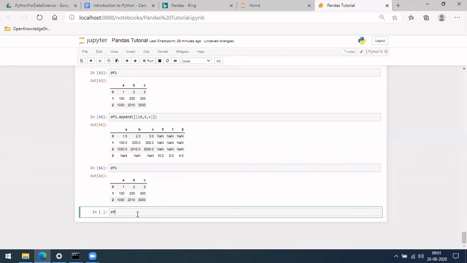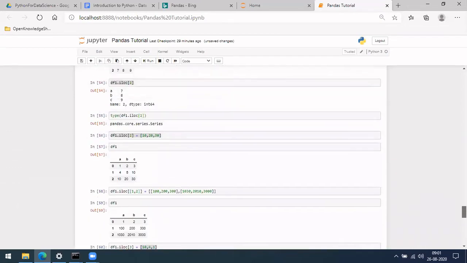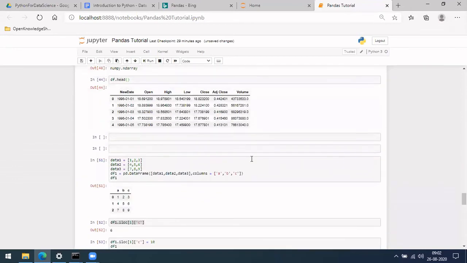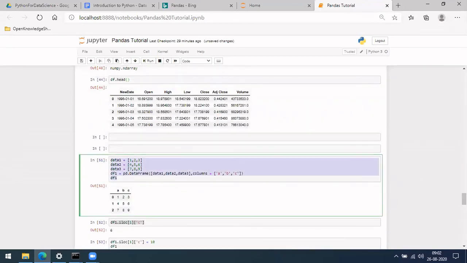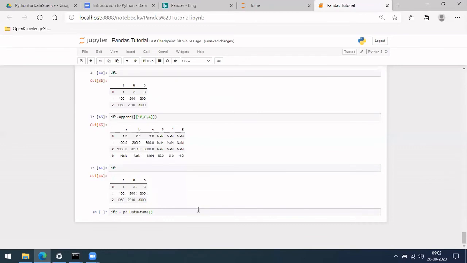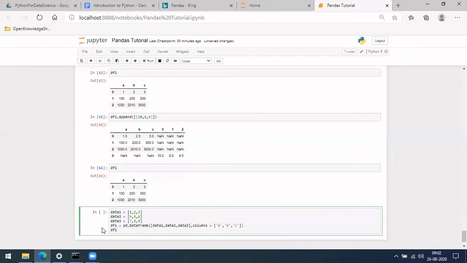Let me create a df2 as pd.DataFrame and copy it from above, what we have. This one, okay, I'm copying it again. Make it df2.